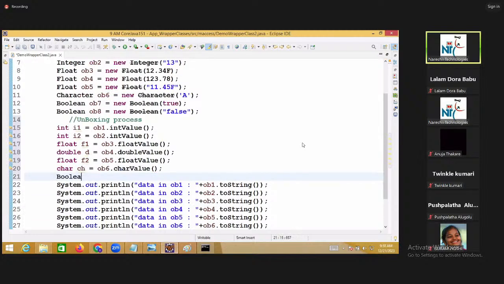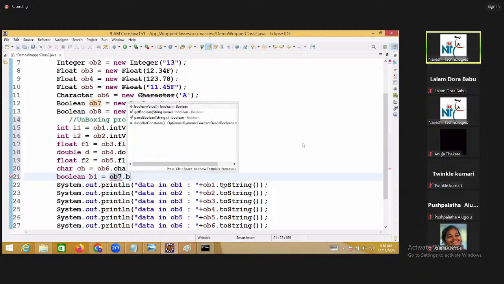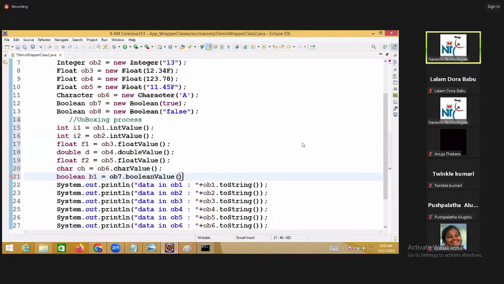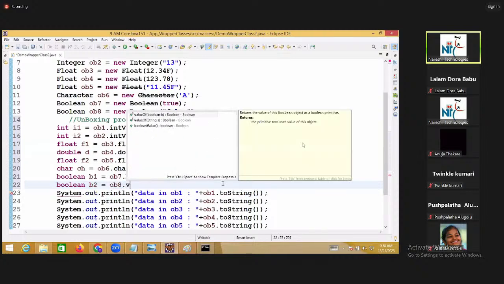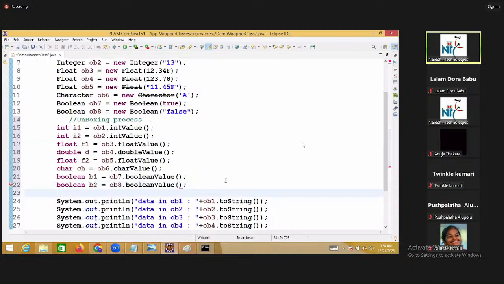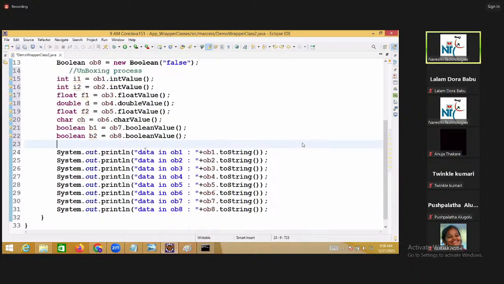Boolean in lowercase. Boolean b1 is equal to ob7 dot booleanValue. Now boolean b2 is equal to ob8 dot booleanValue. Like this.